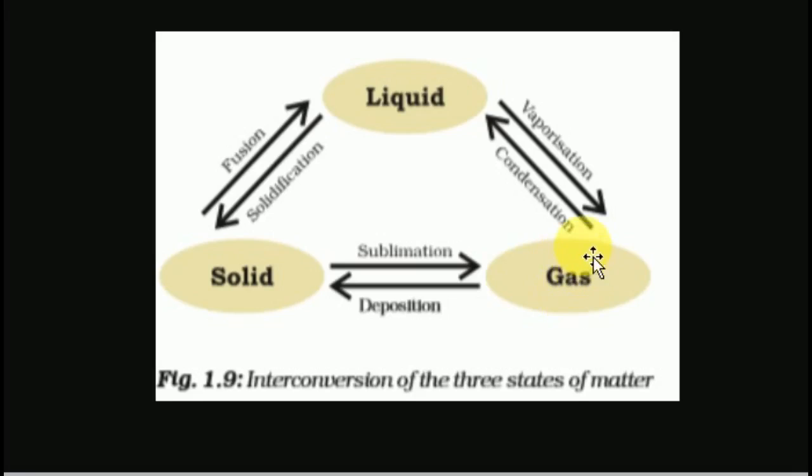When we start to condense it, when the molecules come closer, it becomes the condensation process, vapor converting into liquid. I will show you in the next slide what happens. Sometimes solid directly gets converted into gas, with no intermediate liquid. That process is called sublimation, and directly converting gas into solid is called the deposition process. I have written this simple definition here.